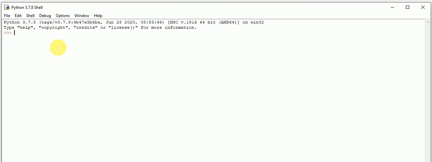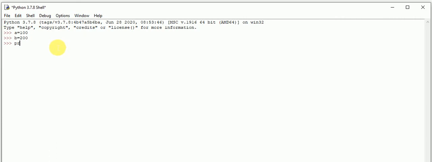This is interactive mode, in which we execute statements line by line, like this. If I write a equals 100, this statement has been executed. Now the second statement, if I write it here like this, it has been executed.